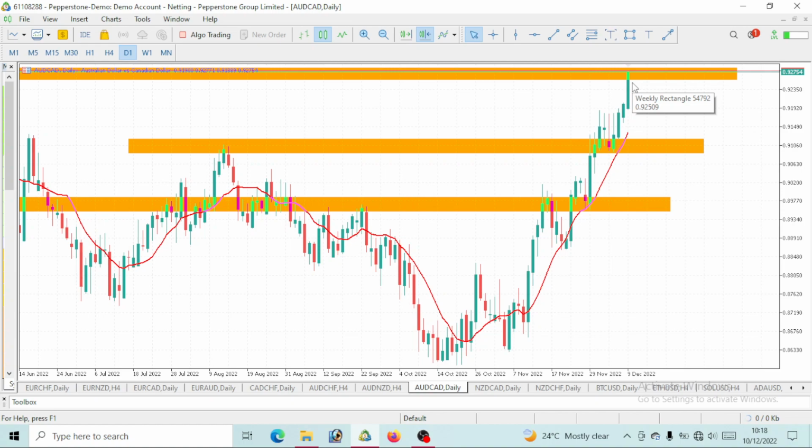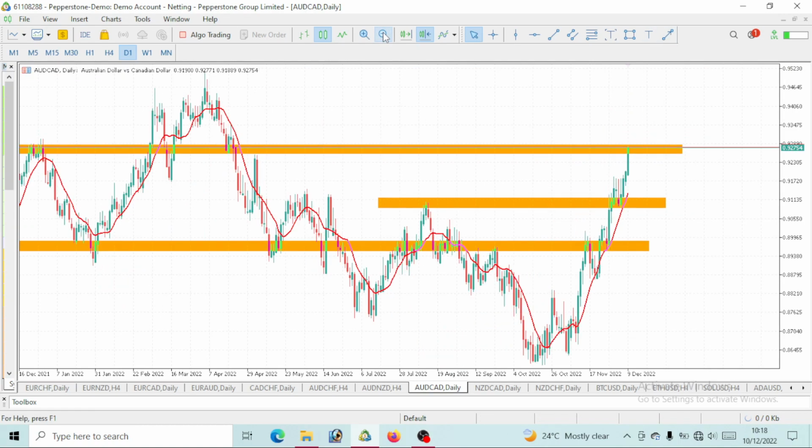When you take a look at EUR to CAD, right, you see that there is a bullish move on EUR to CAD itself. When you take a look at GBP CAD, you see that there is a bullish move on GBP to CAD. And when you take a look at this AUD CAD, you see that there is a bullish move on AUD to CAD. Reason is that CAD is dropping itself. So we expect any other pair you are trading to CAD should definitely give us a bullish move.